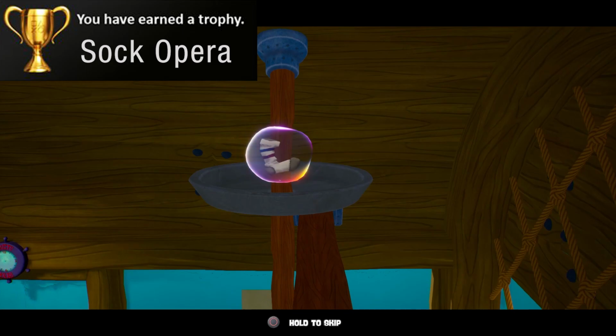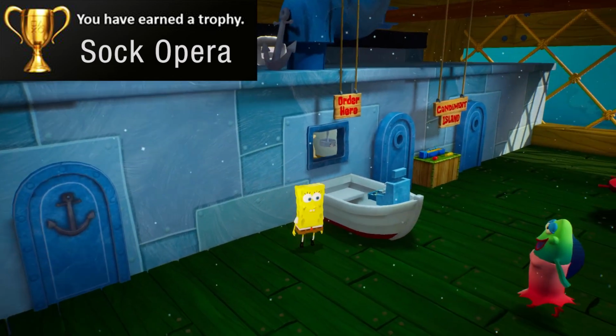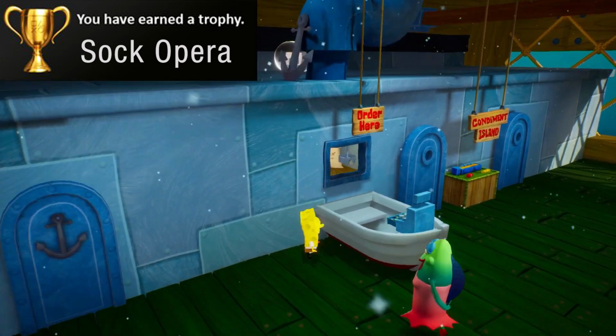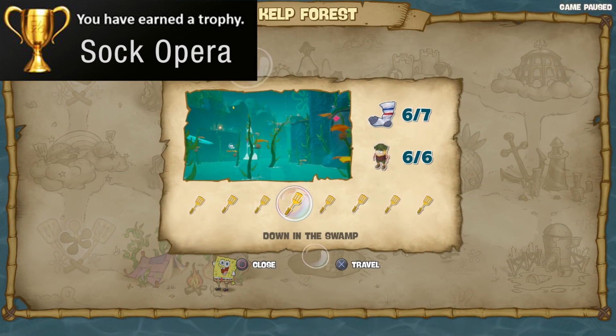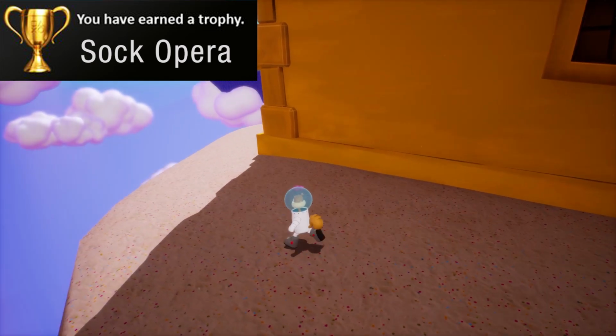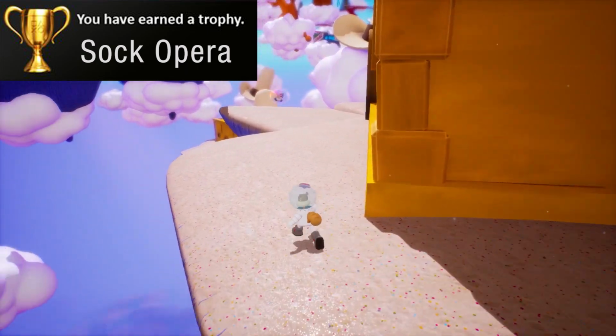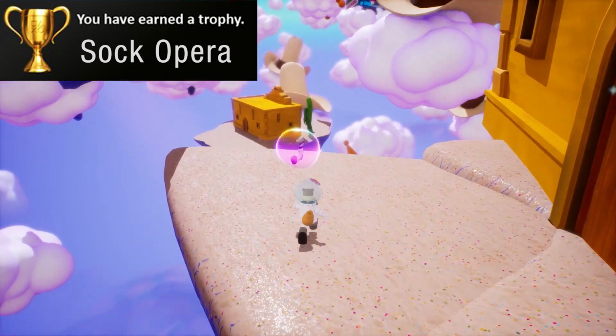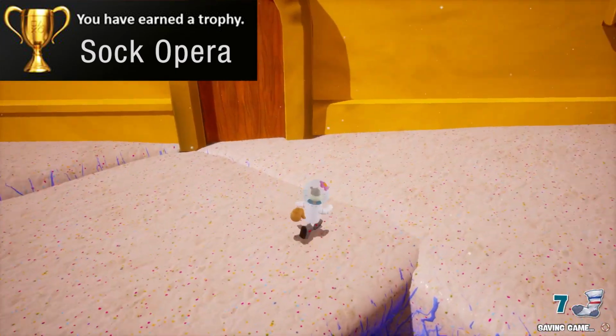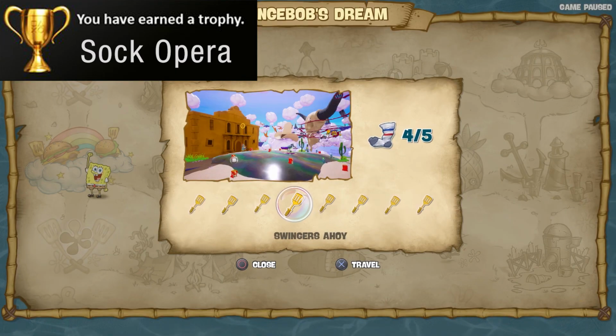These socks are much harder to find, and you can't fast travel to their location in the same way you can do with the golden spatulas. Nope, the menu will tell you how many there are in the level, but it's up to you to find them. What you can do is utilize the guide I have provided in the description below to show you where both the socks and golden spatulas are located, and then you can fast travel to the area and go after